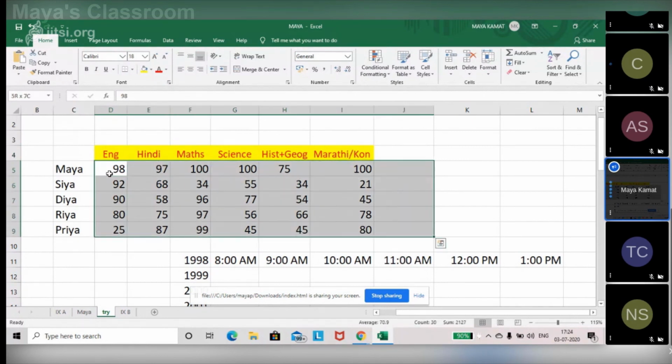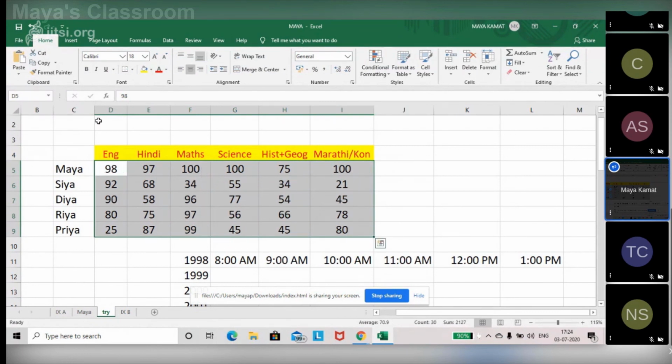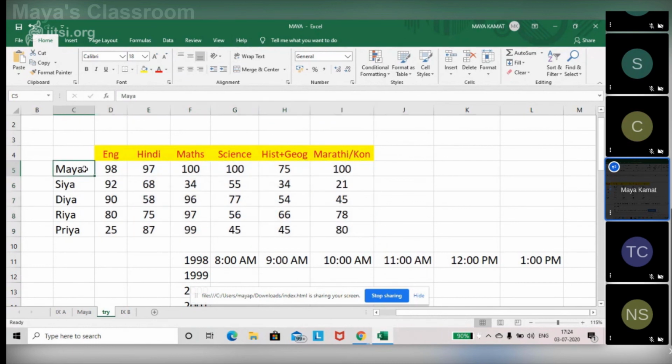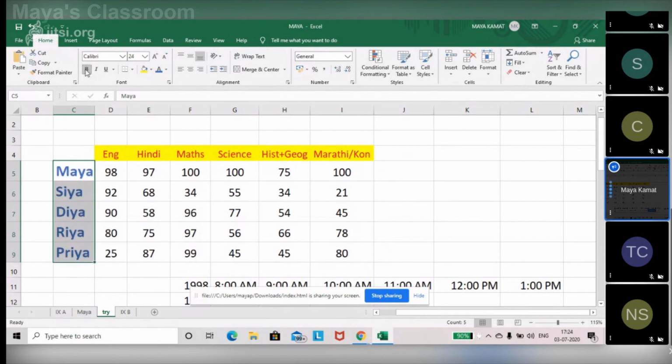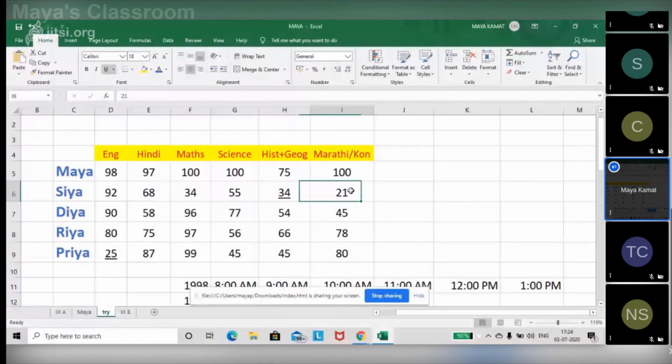It was taught in the last class. Again, I'm repeating it for those who missed. See, now I'm beautifying the data by applying the different formats. I could make it bold if I want. Let's say this person has failed, so I'll underline it. That is also possible. Again, there is a failure, underline it again. So understanding how you can modify or beautify your data here.